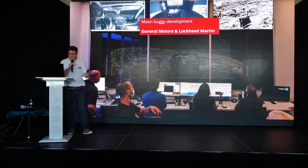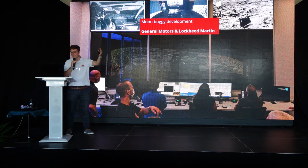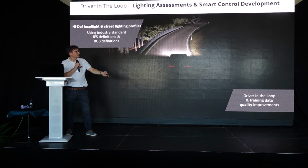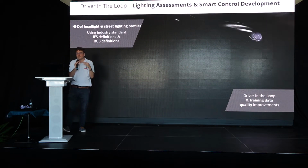And then this year, General Motors started to push simulation out of this world, using their driver-in-the-loop simulator to help the development process for their moon buggy that they're in development with Lockheed Martin too. But for some of those more down-to-earth use cases,